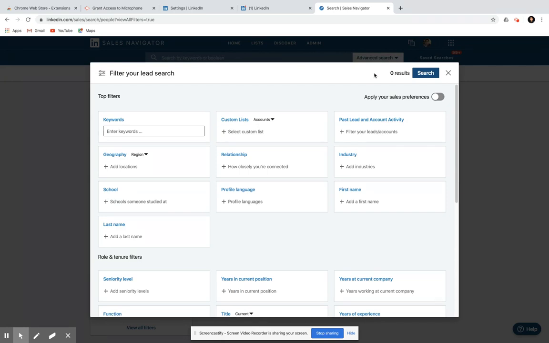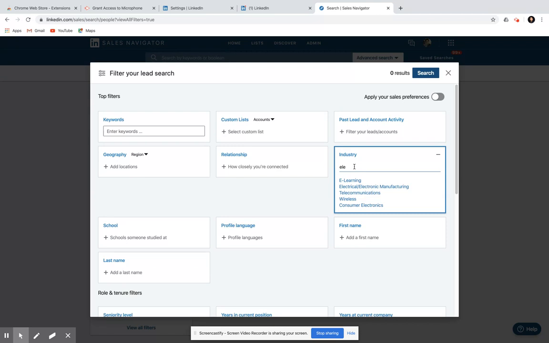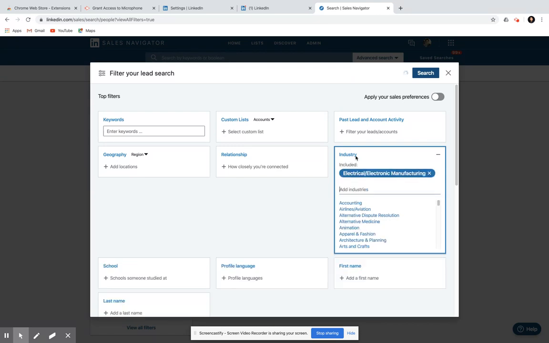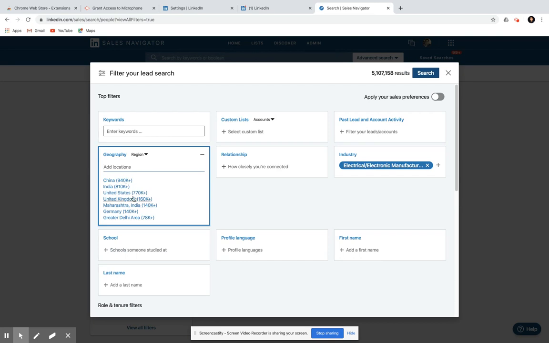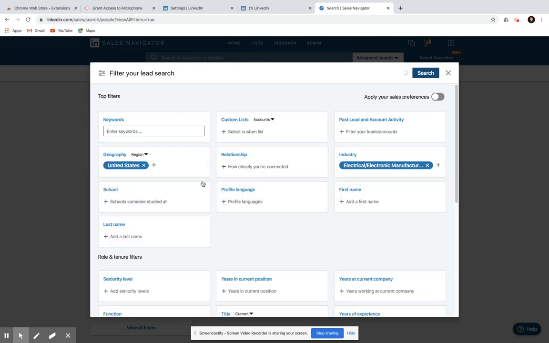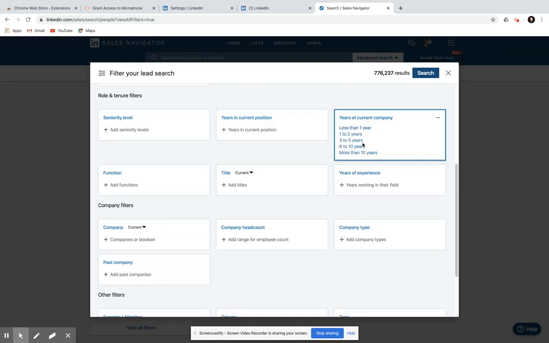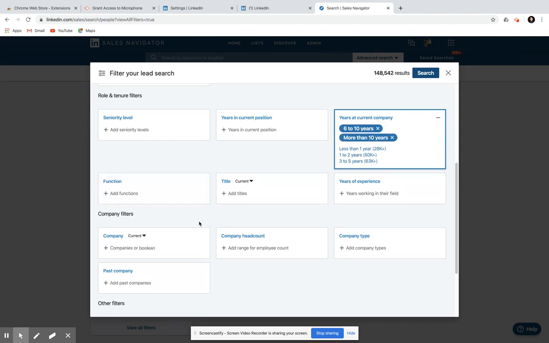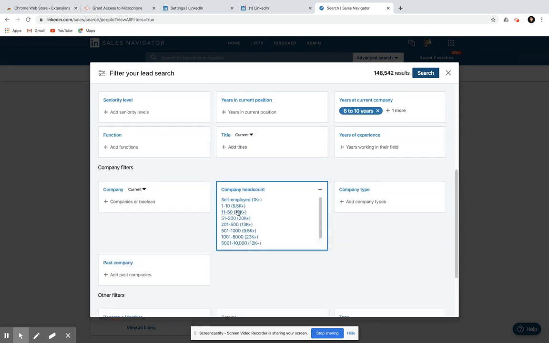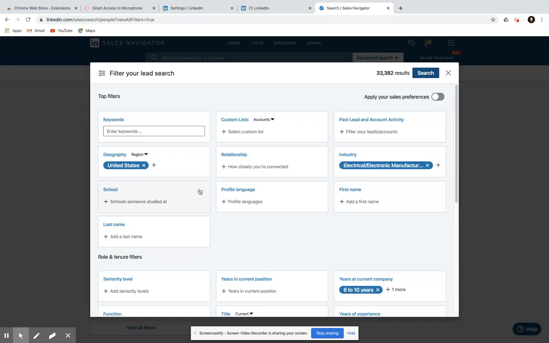If you go to the leads, you want to type in industries as, let's say, electrical electronic manufacturing industry, and you want to target geography as United States, and maybe years at current company more than 6 years, and company headcount you want 11 to 50 and 51 to 200.